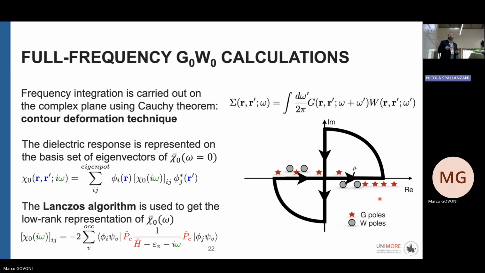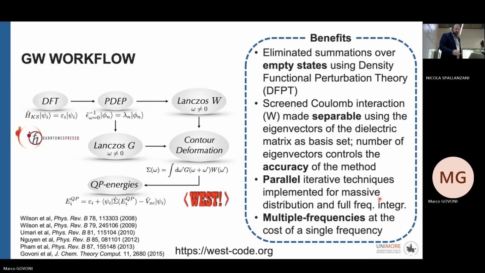We've checked this approximation. Of course, the matrix is no longer diagonal, but this is a low-rank representation, so it's a 1,000 by 1,000 matrix. Finally, you can use the Lanczos algorithm to get information about the frequency dependence in an iterative fashion and for many frequencies at once. Okay, so all this, starting from DFT performed with Quantum ESPRESSO, then the decomposition of the dielectric matrix, then the contour deformation, and then quasi-particle energies, is not implemented in YAMBO, not that I know, but